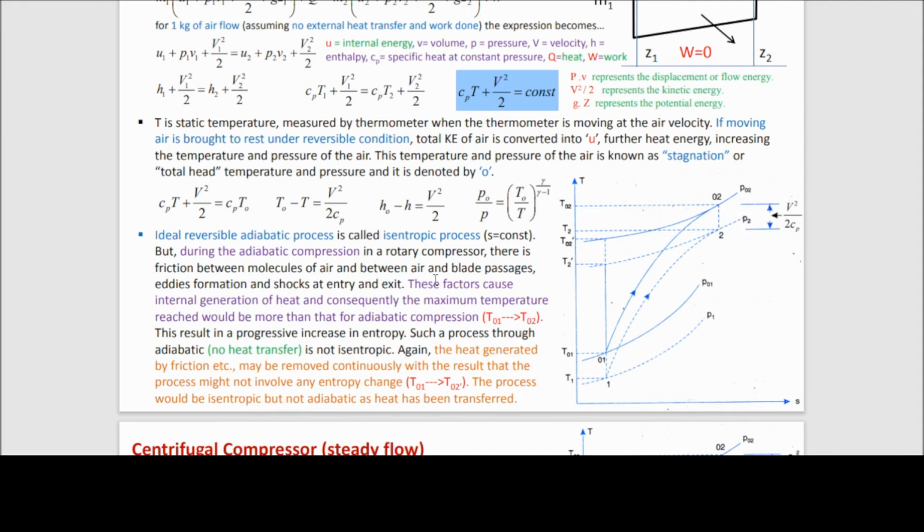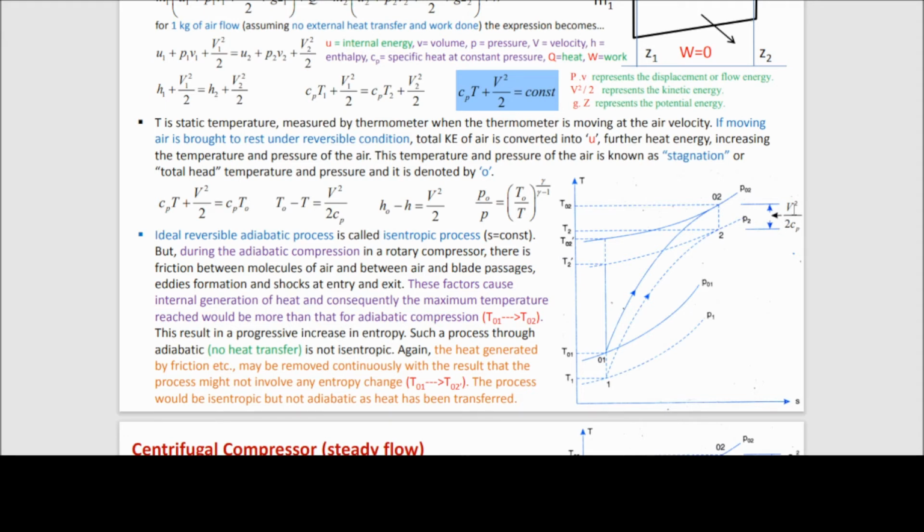Everything adds up the temperature, or you can say, it is better to say that you have already studied the idea of stagnation temperature. The same thing applies here. This is the temperature T1 and this is T01. This is actually because of this stagnation. You can call it a stagnation temperature. This is because of the velocity. This is P2 and this is P02, and this change is because of V square by 2.